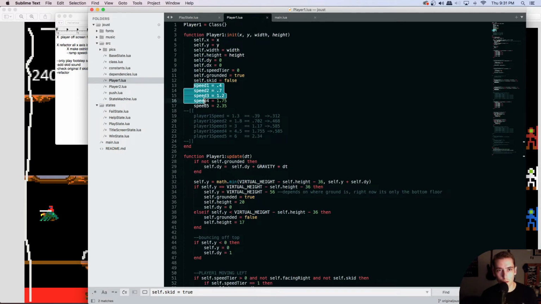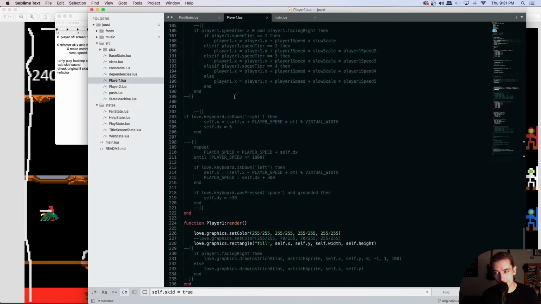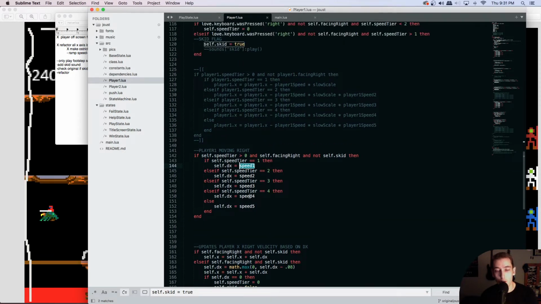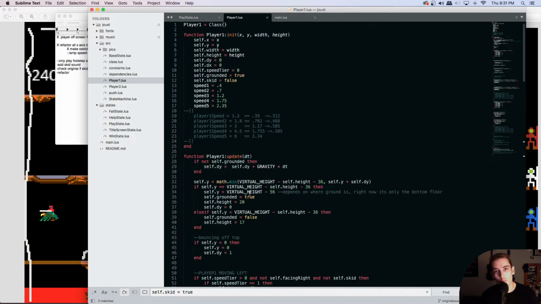These speeds are local to the player class, but I think I'm going to want them global so that my other enemy ostrich AIs and whatnot can use these variables as well instead of just what's in the player class. So I'm going to refactor these to be